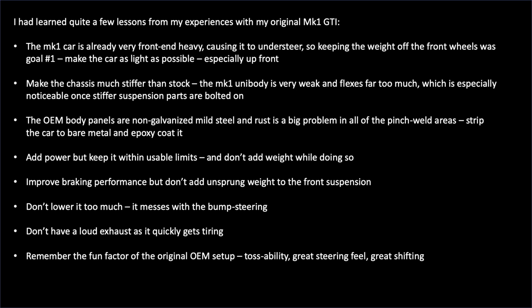And a lot of times putting in a more modern engine, you have to put in a more modern transmission, and the combination is going to add 100 plus pounds to the front end. And I really wanted to avoid that. I had auto-slalomed my original car and run it a little bit on circuit tracks, race tracks, and so I